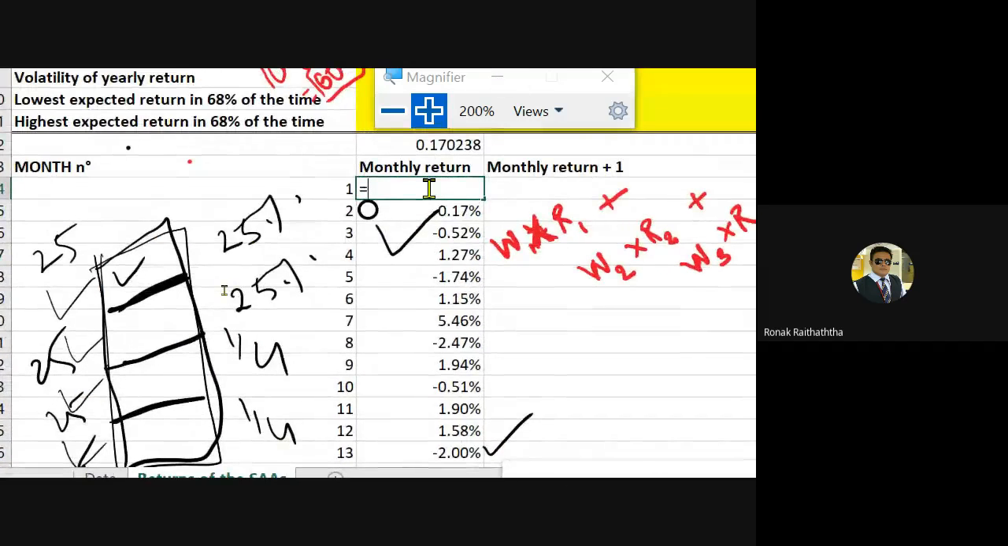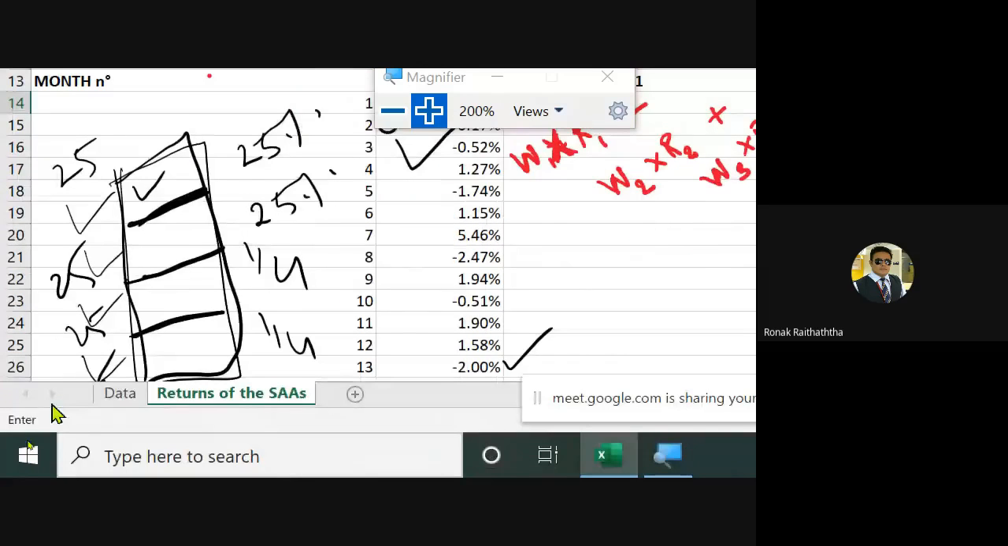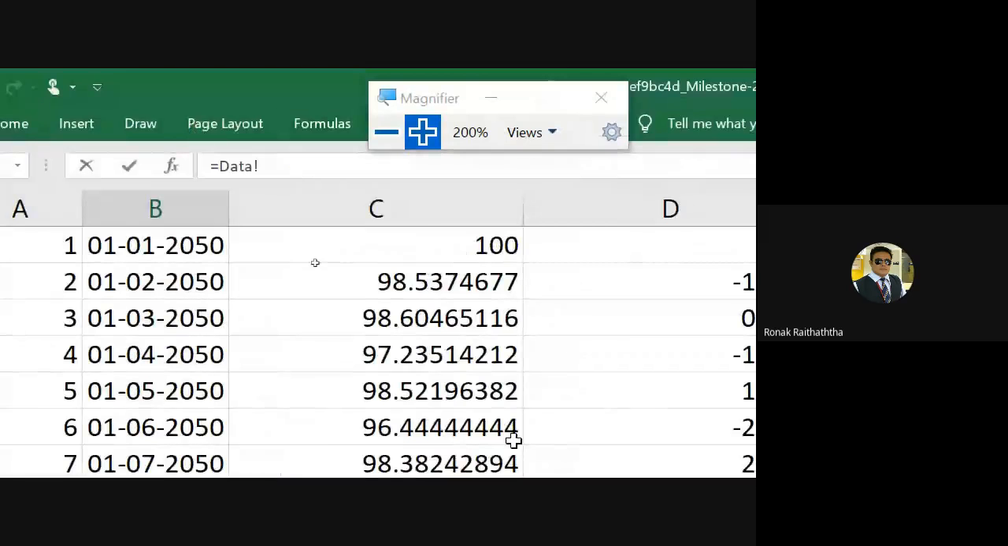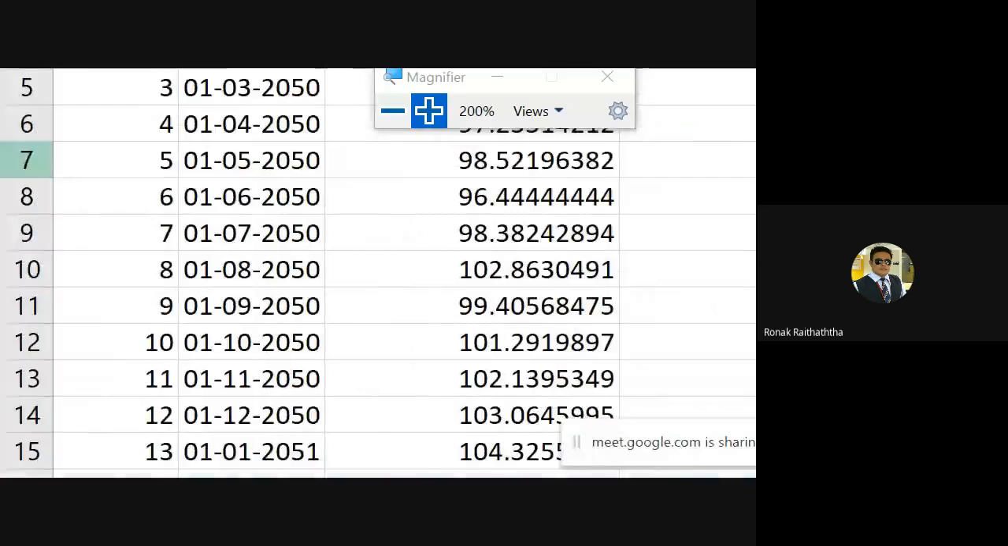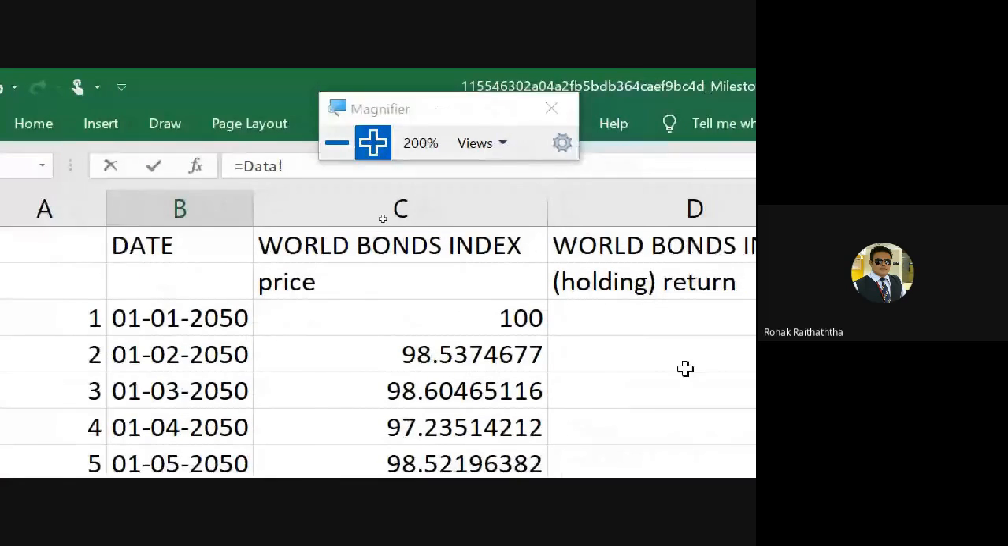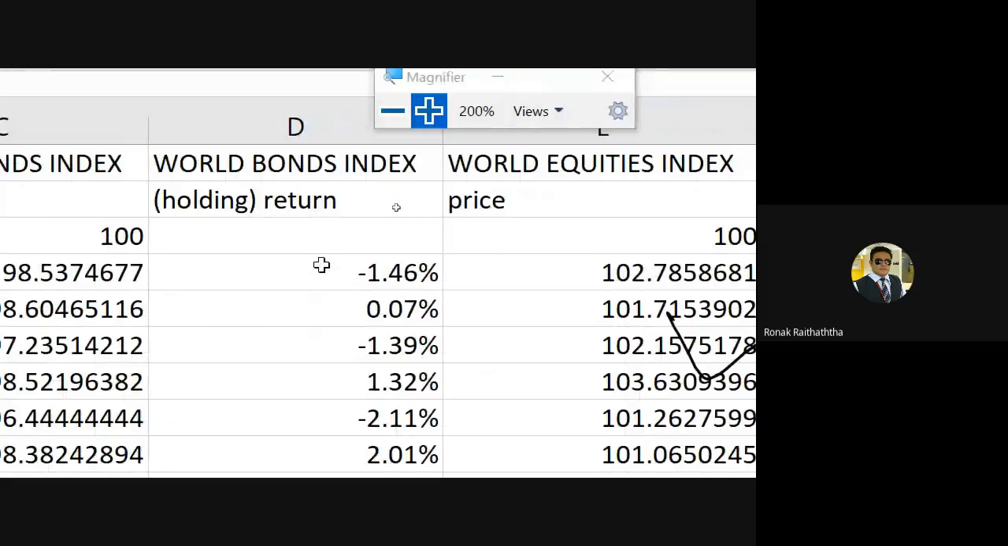So I'm pressing equal to because every formula in Excel starts with a sign of equal to. Then after that I would go to data. Then in data, percentage of return we have already found just now. So I'm going to the percentage of return of first of all the bond. I'm selecting this first one